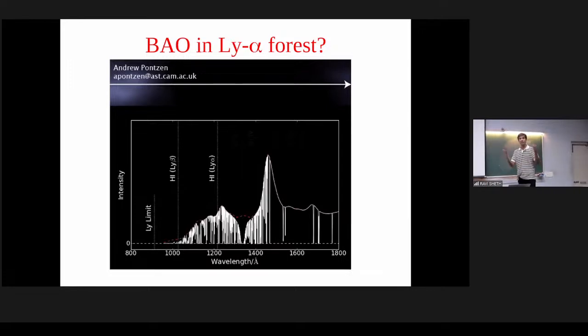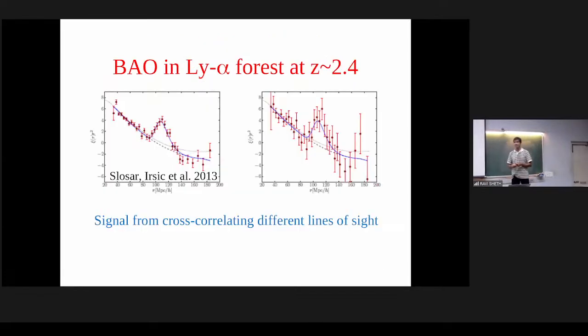Because the arguments that we made so far didn't say that the baryons had to turn into clouds, this should work. So even in the Lyman alpha forest, we should see the signature. And so that's the signature in the Lyman alpha forest. It's a little bit noisier. We don't have 10 million lines of sight, something fewer, but you can see the peak.